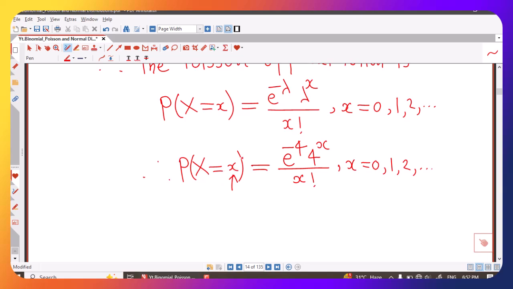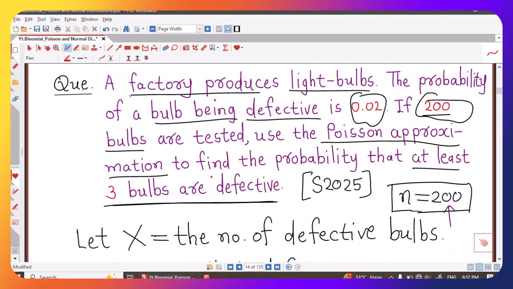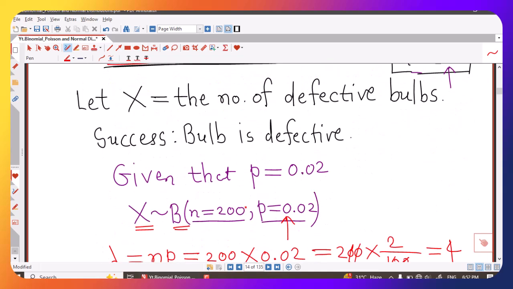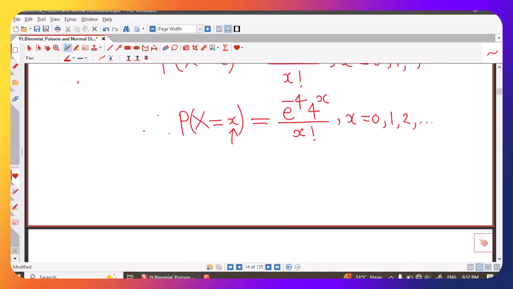Probability of X equal to small x means that if the number of bulbs is x, then the probability of them being defective is given by this. Probability of X equal to small x is the probability that x bulbs are defective, and here we are asked to find the probability that at least 3 bulbs are defective, so now we can calculate using this formula. So now we are writing the probability of at least